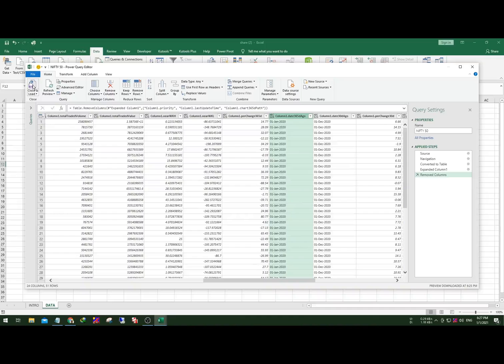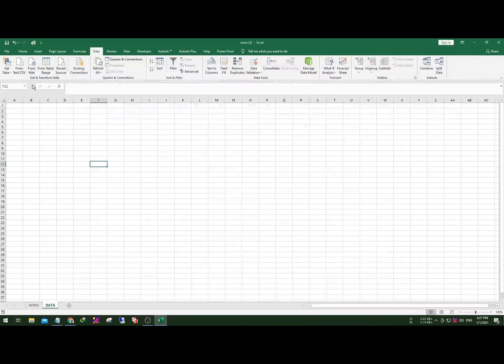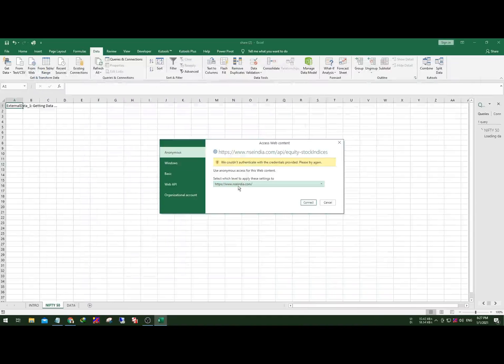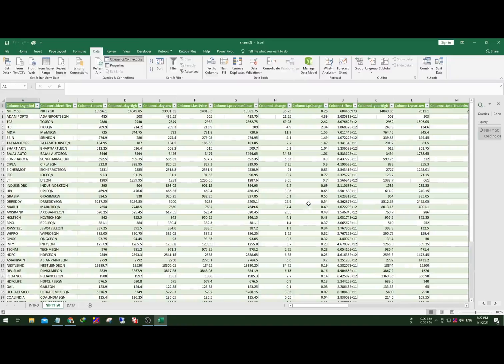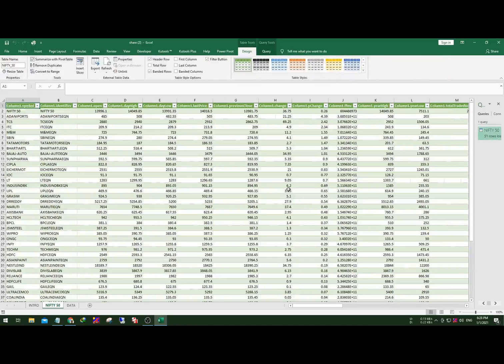After that, finally click Close and Load. It will automatically reflect in the Excel sheet as normal. It will be automatically updated in real time. So for getting the data, if you click the refresh button it will automatically update. If you want to cross check the data entered in Excel against the website, you can choose